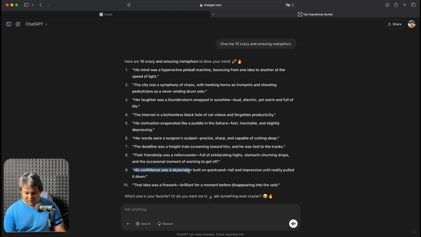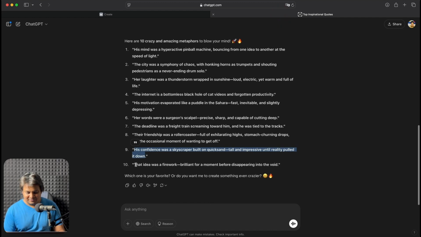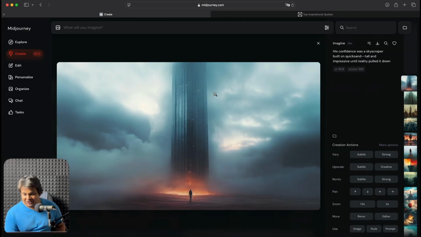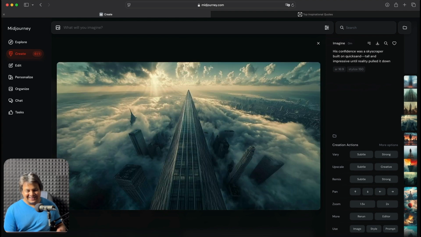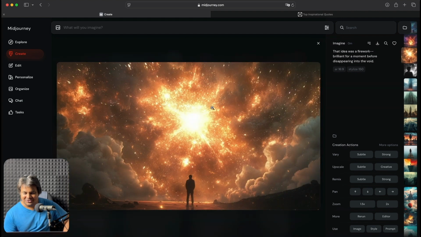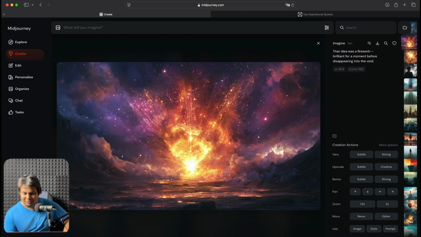So I'll say, his confidence was a skyscraper built on quicksand. So I pasted this one. The idea was a firework, brilliant for a moment before disappearing into the void. Midjourney's interpretation of confidence and skyscraper and quicksand. Look at that. Look at that. It just came up with some random stuff. I don't even know. These are the images generated for the idea was a firework, brilliant for a moment before